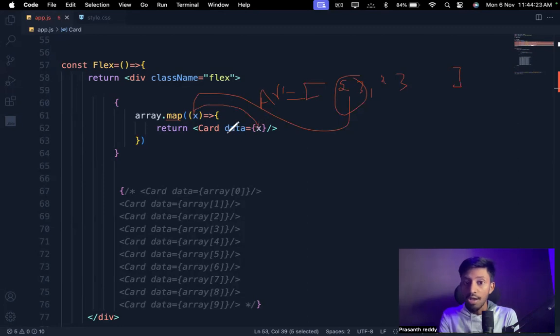Now, this data is storing which value? Can I say that this data variable is storing this object? Can I write like this?